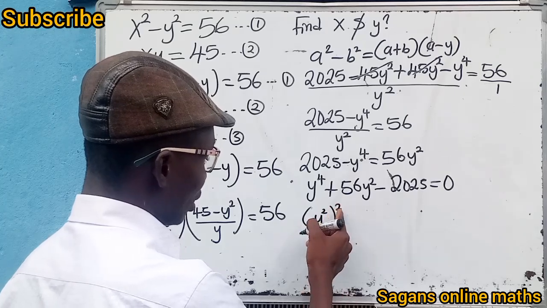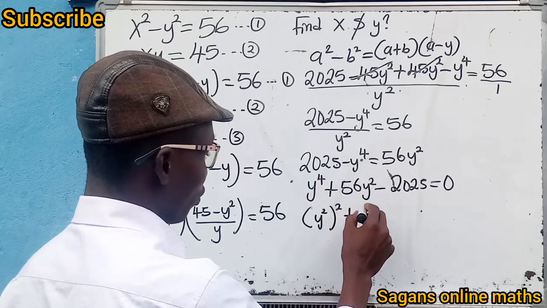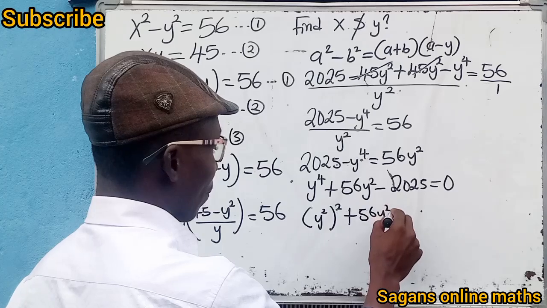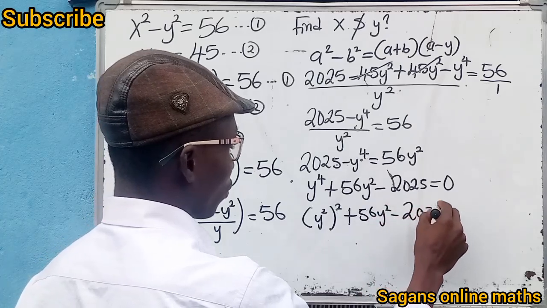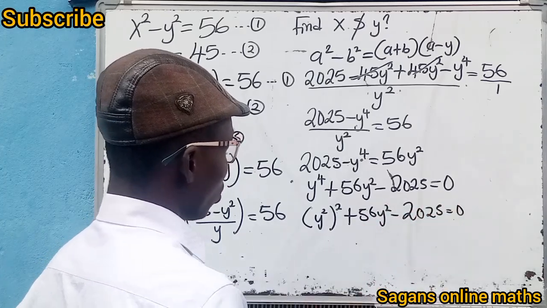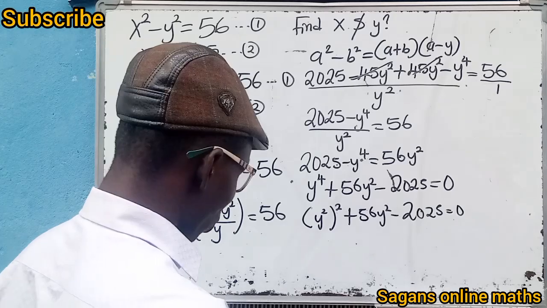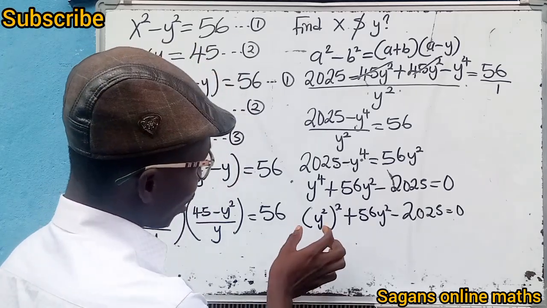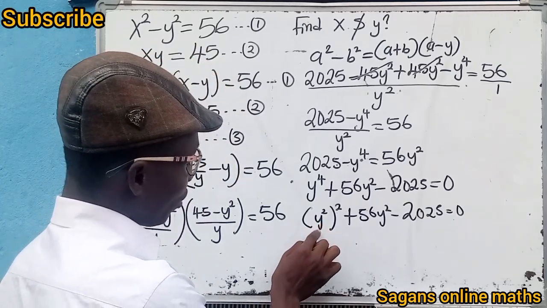Because 2 times this will give us 4, right? Then plus 56y square minus 2025 equals 0. Okay, now what we are going to do, consider from here we're having y